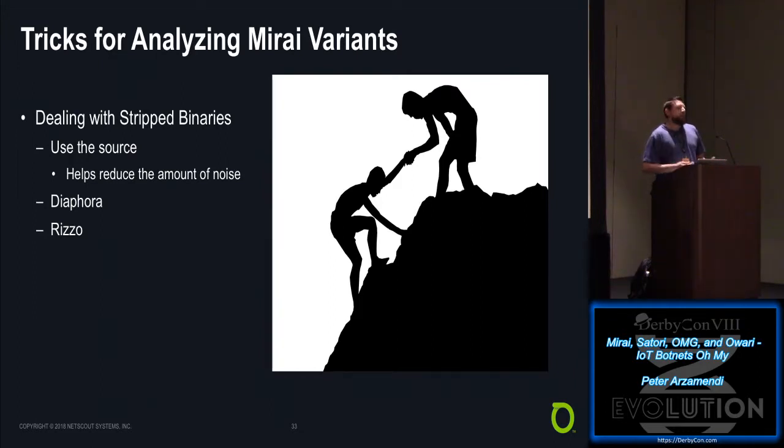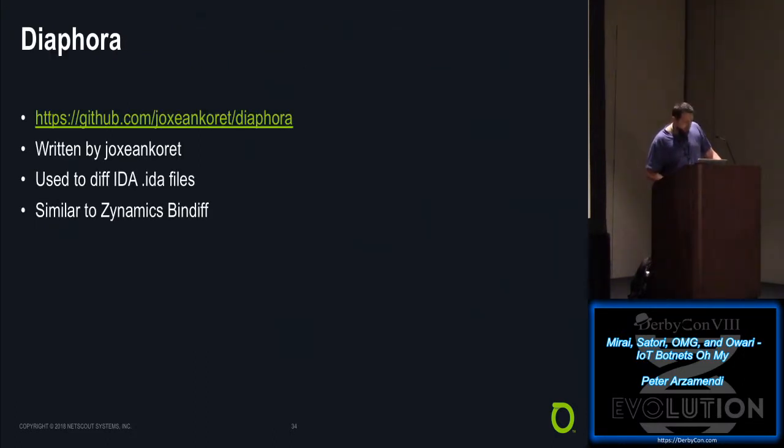Why not use the source code the same way that a botnet author does? Why not leverage that to help us build signatures to be able to quickly analyze these variants to figure out what has changed? There's two tools I'm going to talk about real quick here, Deforia and Rizzo, which allow us to quickly analyze these samples. And if the authors are here that wrote those, thank you. Deforia. You can think of Deforia as BinDiff. And everybody get their screenshot?